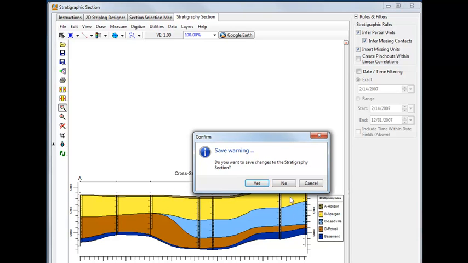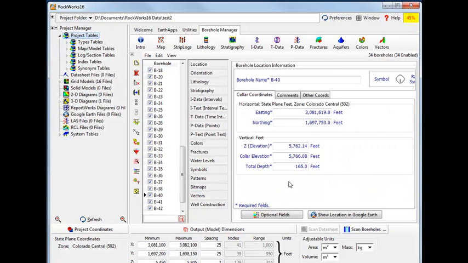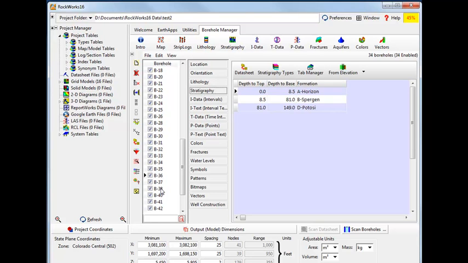All of the settings and the rules that we've applied to the modeling have not even touched the source data. As we look at the boreholes, we can see that this unit C is still missing from these holes. And you can certainly insert a missing unit into a hole by just manually adding it like this. I press the down arrow at the bottom of the record, add the top and the base, choose the unit, and when I click away and click back, it'll be resorted and displayed right there in proper sequence at no